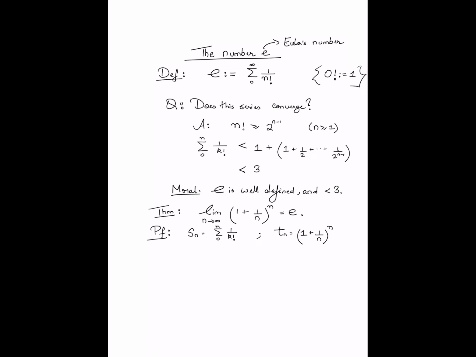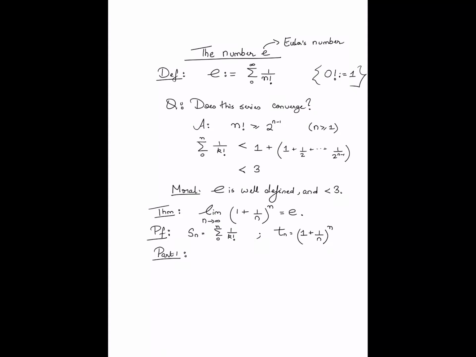Okay, so we have to show that the sequences S_n and T_n, well, we have already shown that S_n is convergent. So we have to show that the sequences S_n and T_n in fact have the same limit. In other words, they converge to the same value. Okay, so the proof will work in two parts. Part 1 of the proof